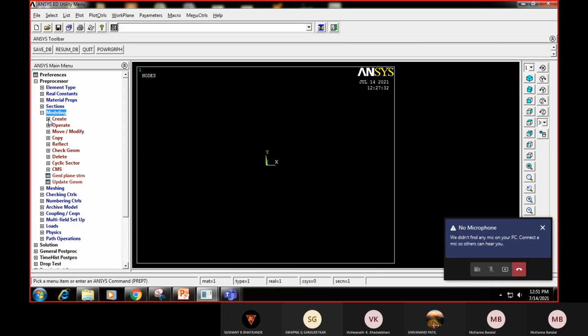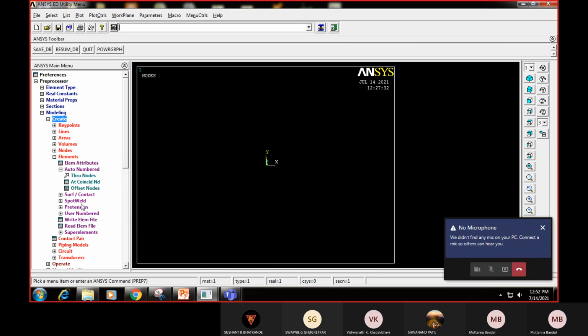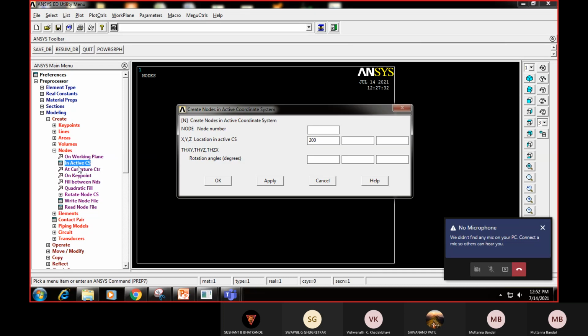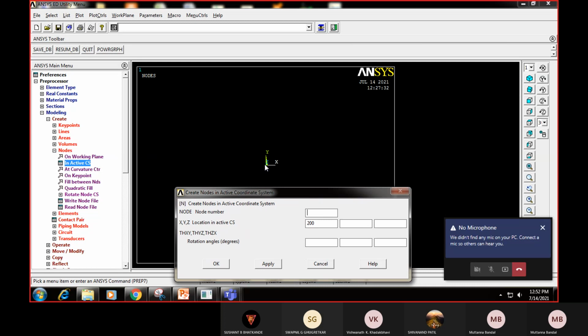I'll go to modeling, click on create, and first I have to create nodes. Click on nodes, and under this click on active CS mode. CS means coordinate system. This refers to a coordinate system whose origin is x equal to 0, y equal to 0, z equal to 0.